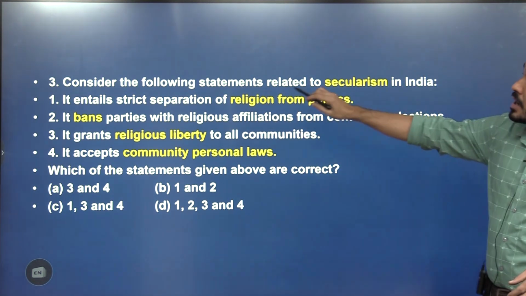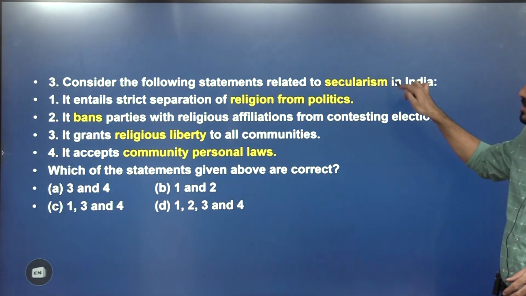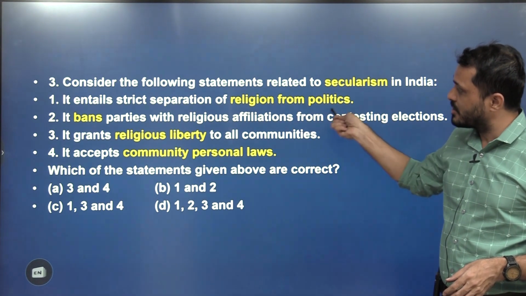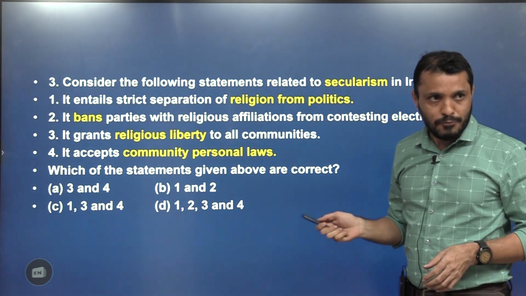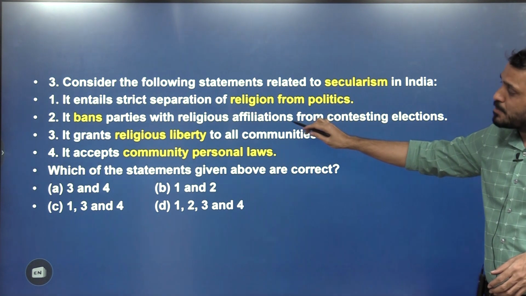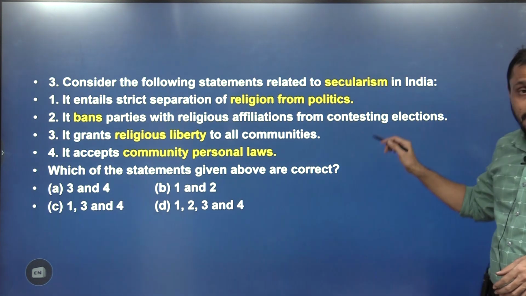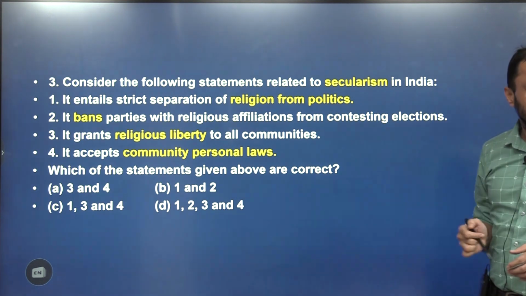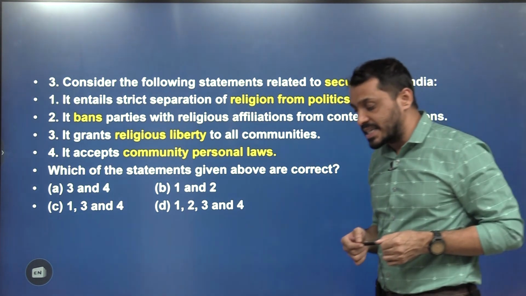What is it saying? Consider the following statements related to secularism in India. First statement: it entails strict separation of religion from politics. Of course, it is right. So it bans parties with religious affiliation from contesting elections. Here you have to focus on the words "contesting elections". Here, contesting elections means,